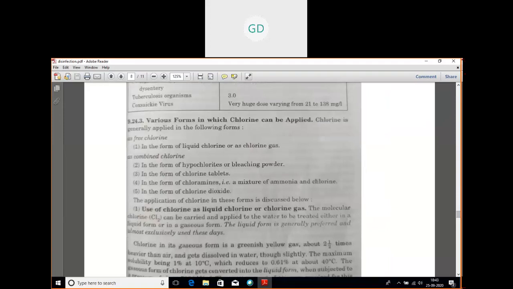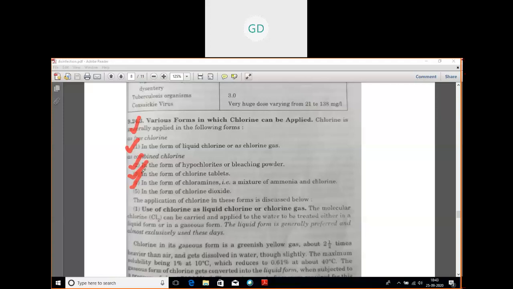Just the names you can see, in which forms, what are the various forms of chlorine that is applied. What are the various forms in which chlorine can be applied? Number one, in the form of liquid chlorine or as chlorine gas. Number two, in the form of hypochlorites or bleaching powder. Bleaching powder everyone has heard. Then number three, in the form of chlorine tablets. Number four, in the form of